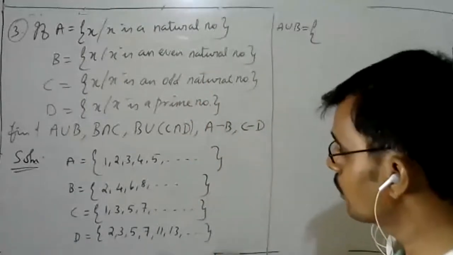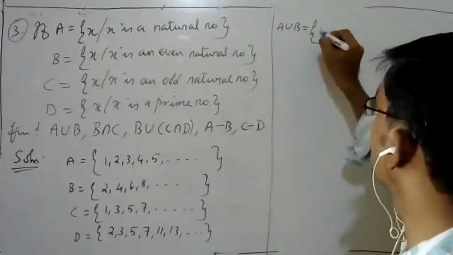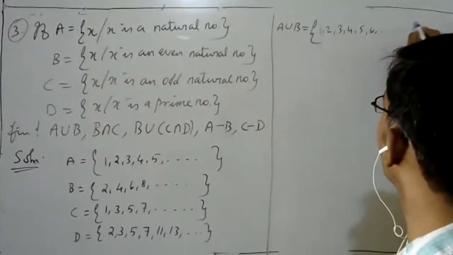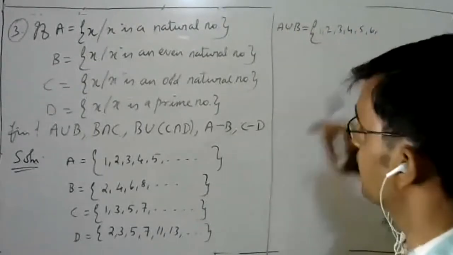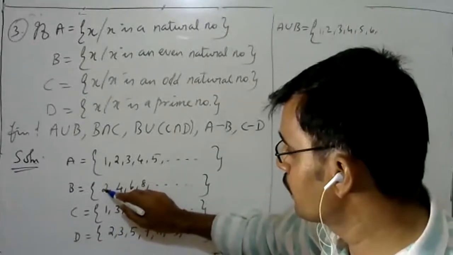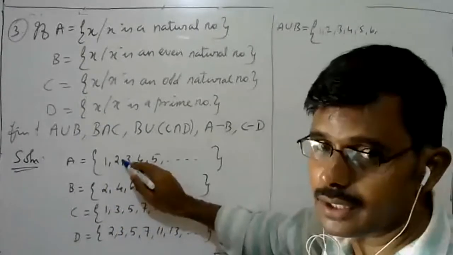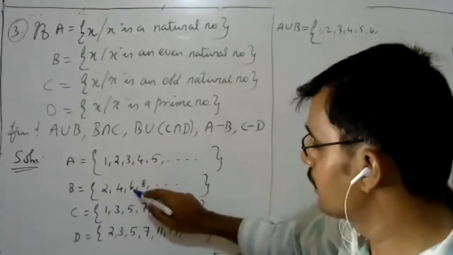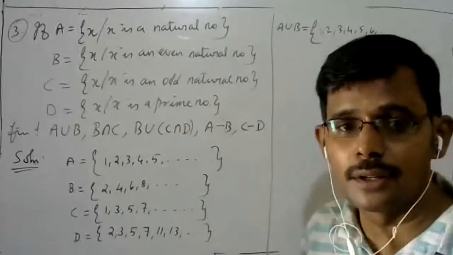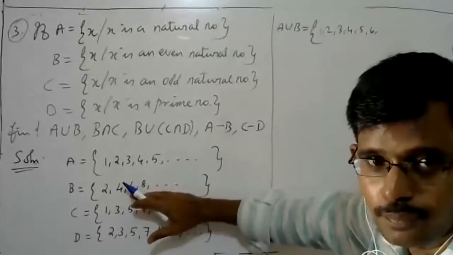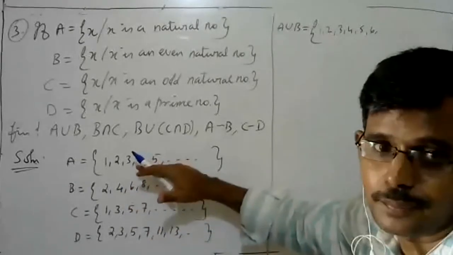Okay. Right, now look at that. 1 is here. That means 1, 2, 3, 4, 5, 6. I am writing my A. A is natural number. What about your B? B is 2, which is here also and here also. It is already there. 3, 4 is here also and here also. 4 is already there. 6 is already there. 8 is already there. Okay, so therefore, all the elements in B are presented in A.